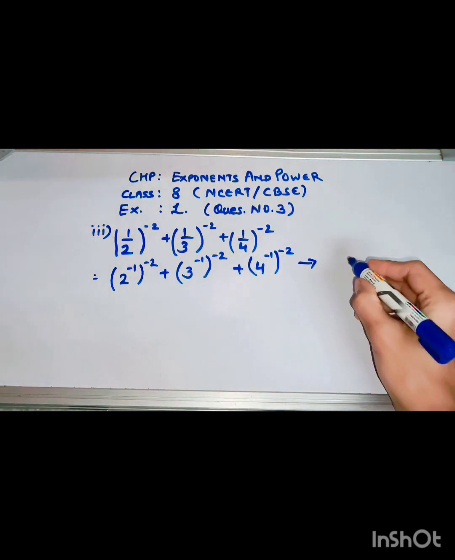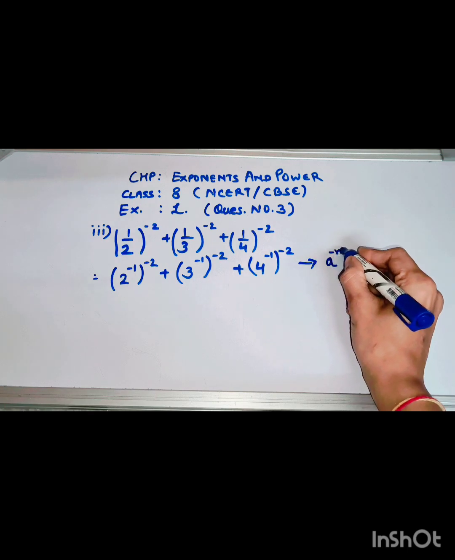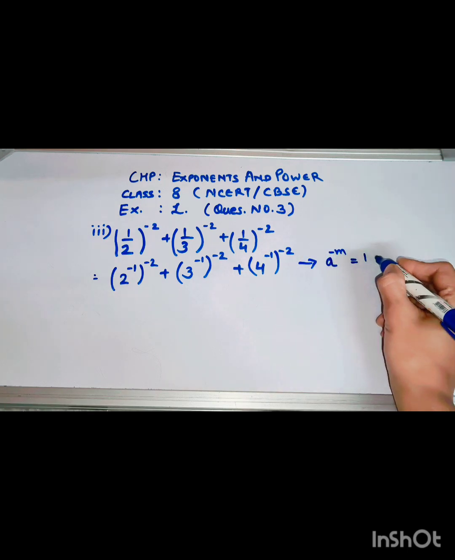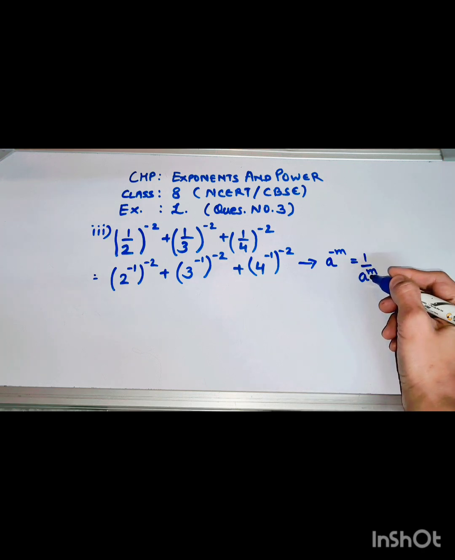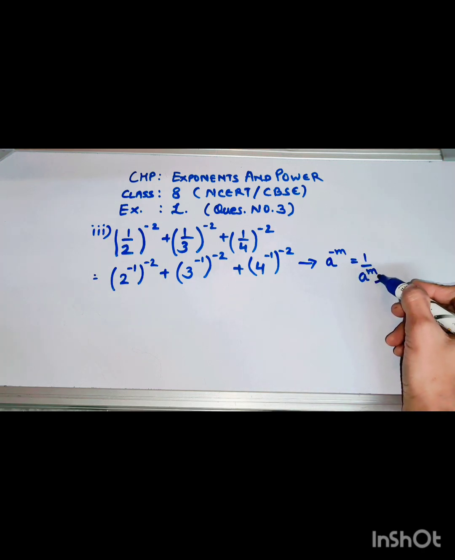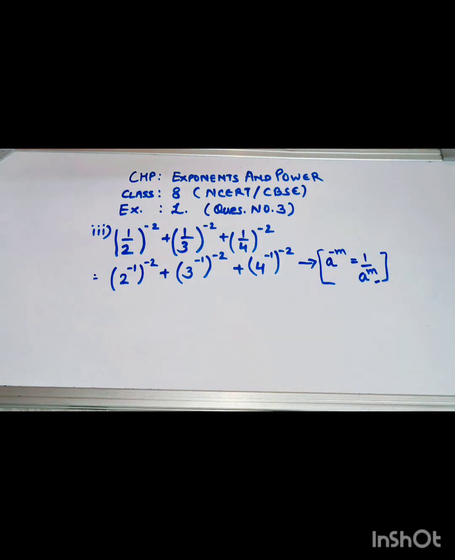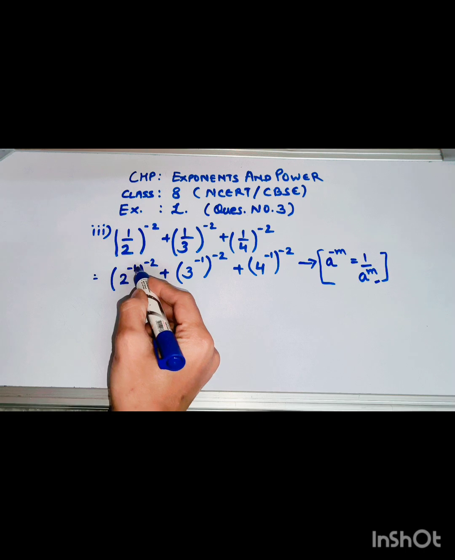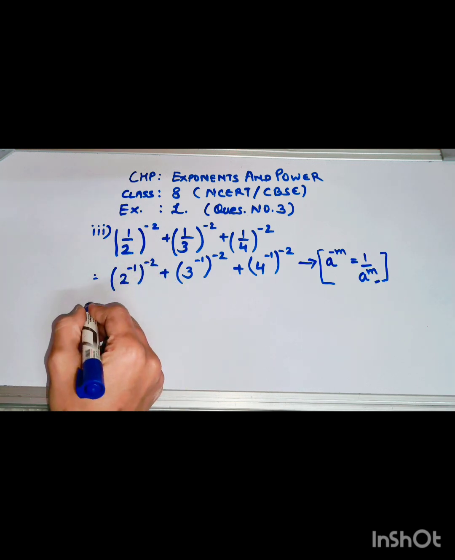Because we can apply this rule in reverse, that is, if a raised to the power minus n, then I can write it as 1 divided by a raised to the power m. So we can apply this rule in reverse. Now we have a power of power. Okay, so we will multiply the power, that is